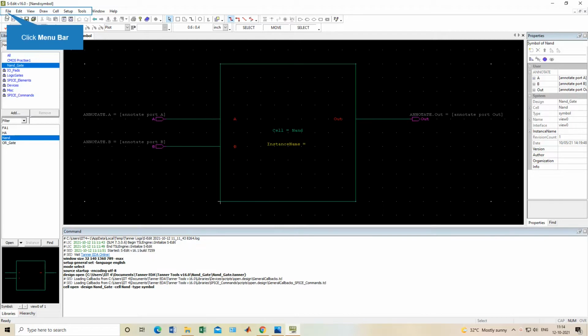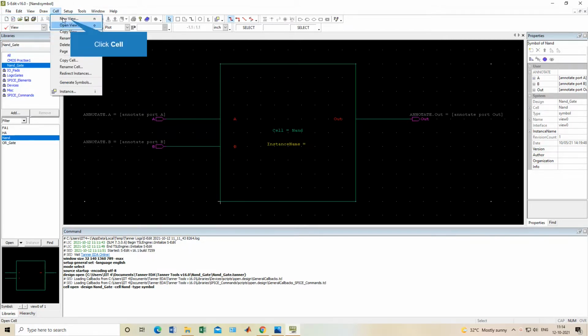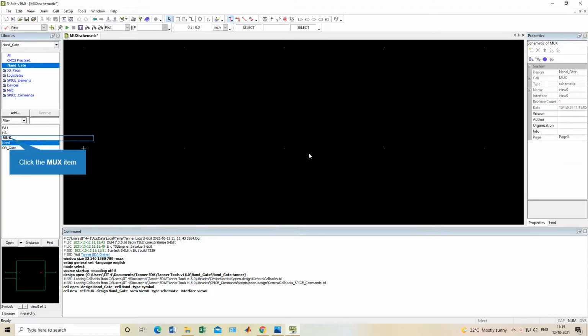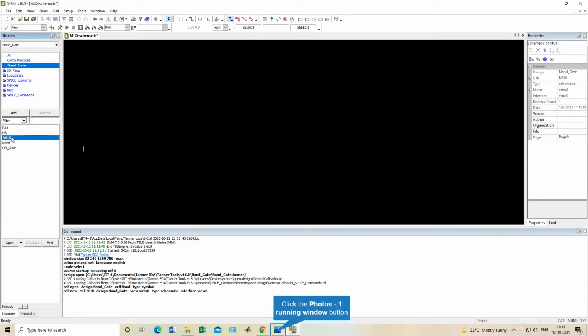Okay. So now I am going to use a new cell for designing MUX. So I will go to new. I will change this to schematic. I will name this as MUX. Okay. Just give MUX and click here. Okay. So here, this is my MUX platform where I will design the 4:1 MUX circuit.